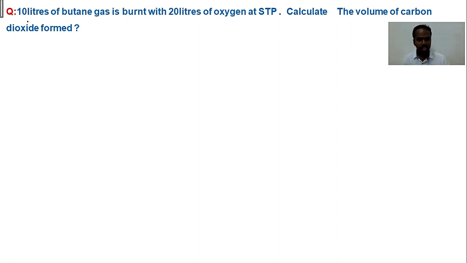Here the difference between the previous question and this question is that in this question they didn't give the number of moles. Rather than giving the number of moles, they gave the volumes, in liters. First write the chemical equation, combustion of butane, C4H10, upon combustion with the help of the supporter oxygen, to produce the common byproducts CO2 and H2O.